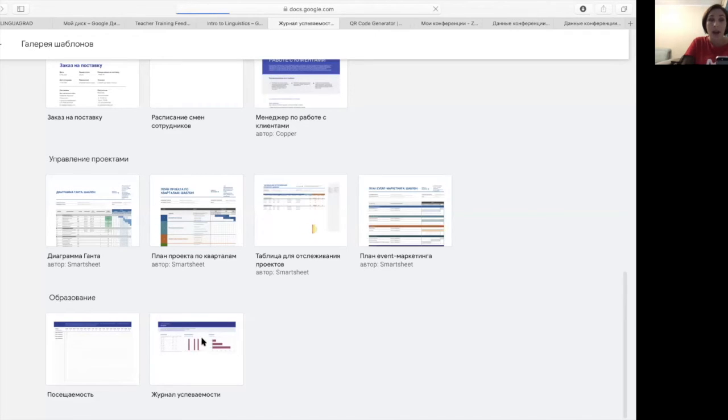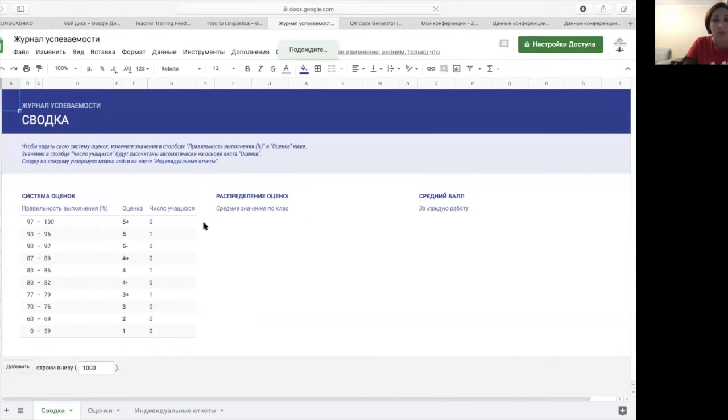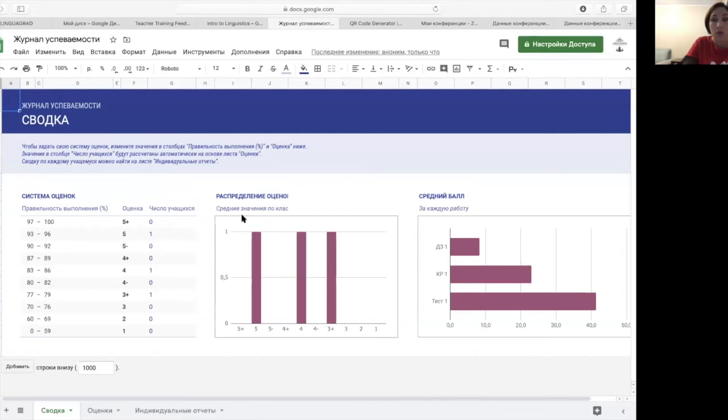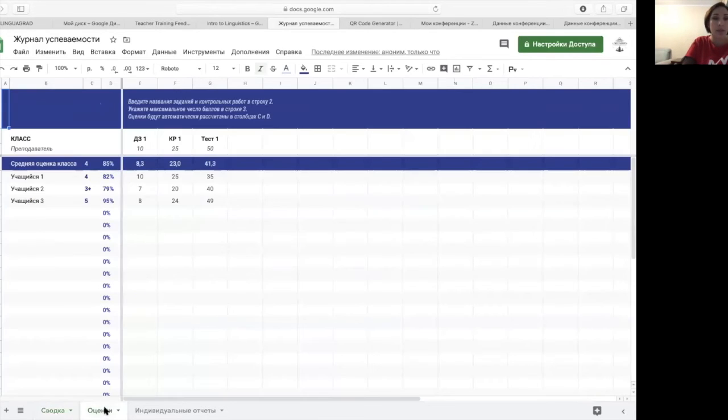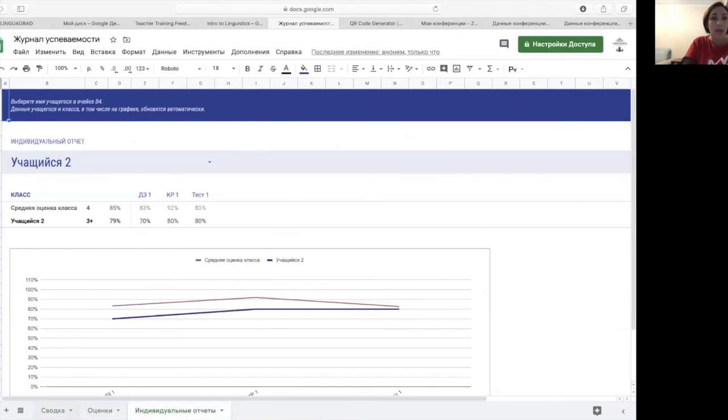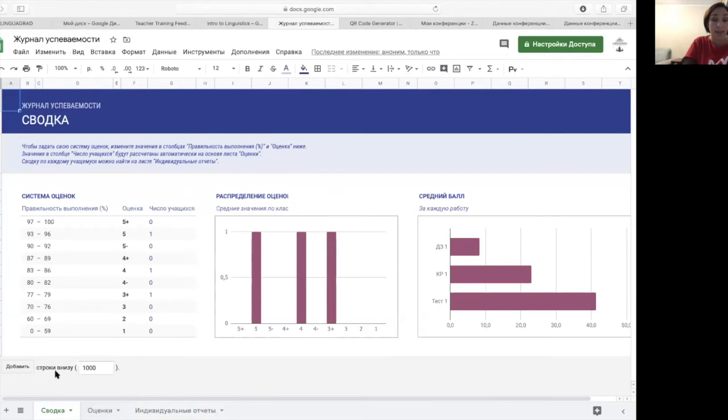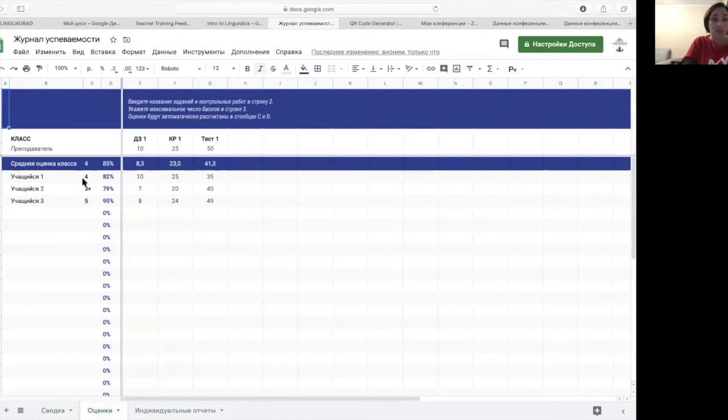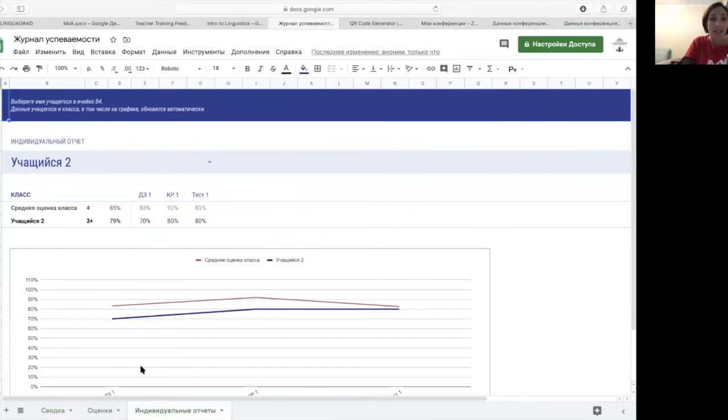performance table. I know that at the end of the quarter, end of term, teachers are supposed to present a performance report, and quite often teachers don't know how to control that and how to combine the actual things and create beautiful tables. But if you use this template, it's called the template shablon, provided by the docs, you can easily just keep the track of grades of your students here, and then the system will automatically give you individual